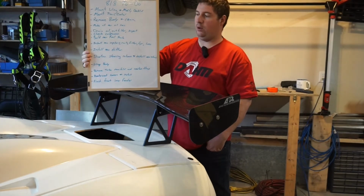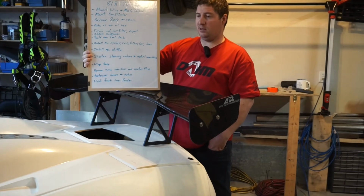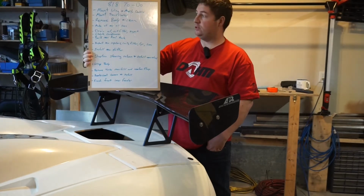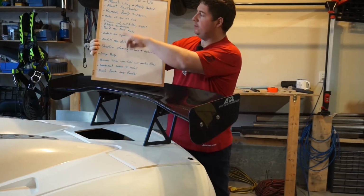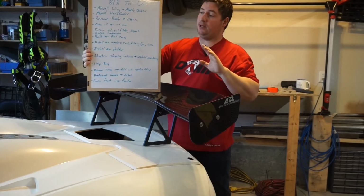It's covered in oil. There's not really much I want to do modification-wise. I kind of want to tweak the door panels, but otherwise everything can come off and get wrapped. So we'll take the body off and clean it, and then because of the oil